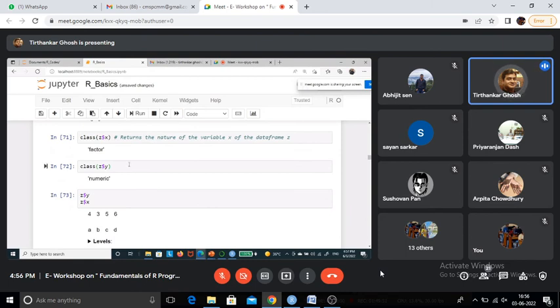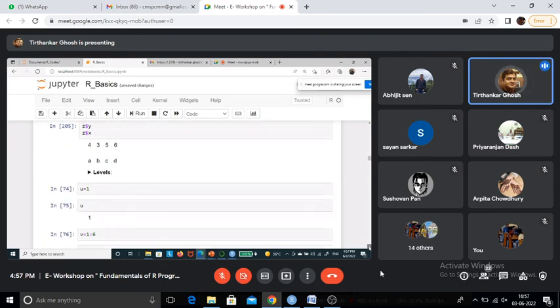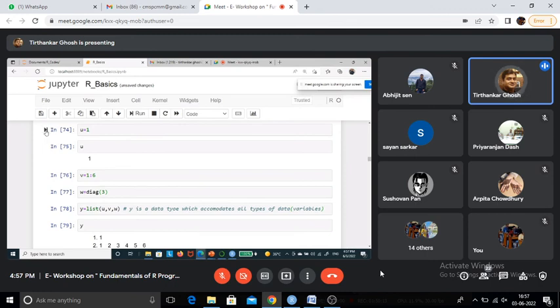Now, as I was saying, knowing the class of a particular variable of the data frame: class within bracket name of the data frame dollar name of the variable. It is factor. The same way, if we need to know the values of a different variable, we can do like this. Now list accommodates scalar and vector and diagonal matrix.